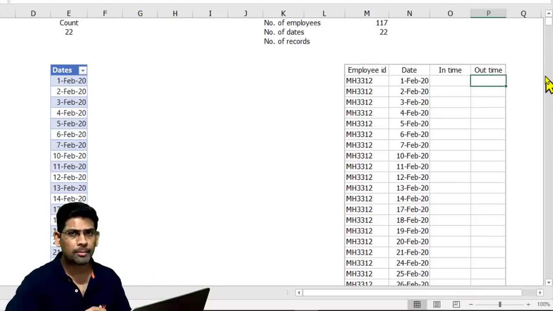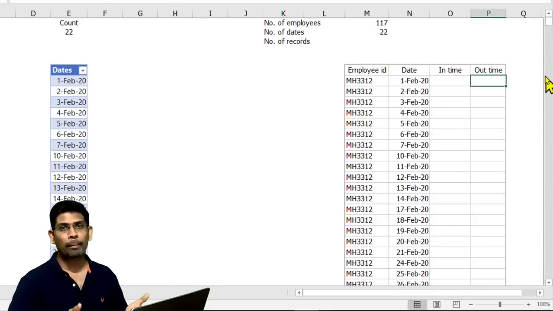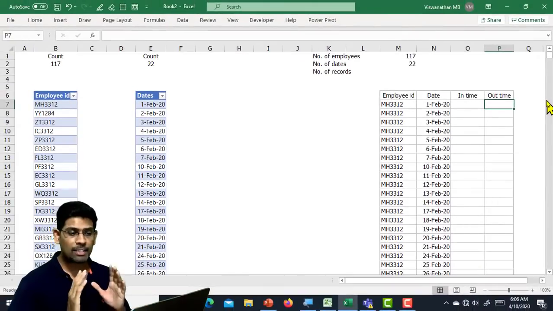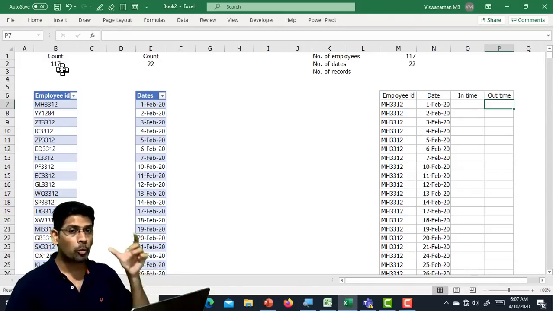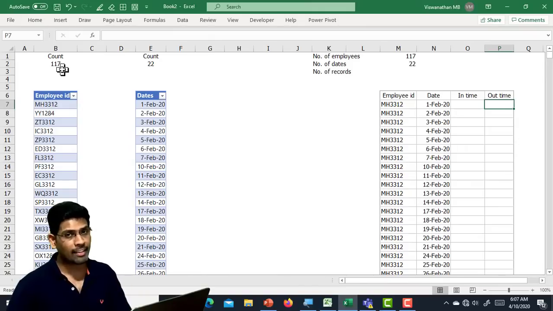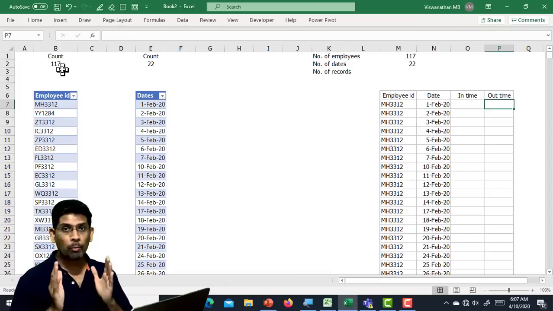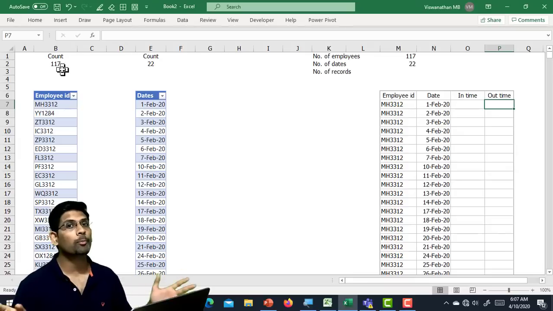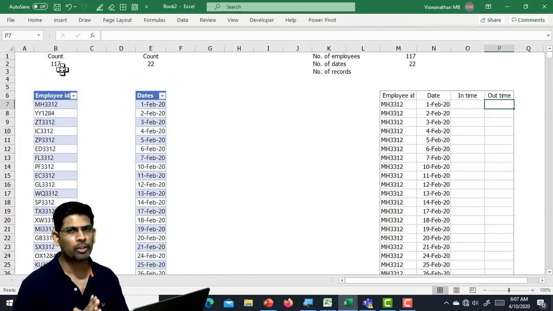Now how do we create this? One of the easiest approaches is copy paste. But it's much easier to say than to do, and it's going to be very time consuming. Why? Because you have 117 employees, and if you copy a block of 22 for each of the 117 employees, it's going to take you a long time. And one more thing can happen: an employee may leave and a new employee may come, and then you will have to repeat the entire process all over again. That's too laborious. Is there a smarter way to do it? Well, that's what I'm going to take you through in this video.